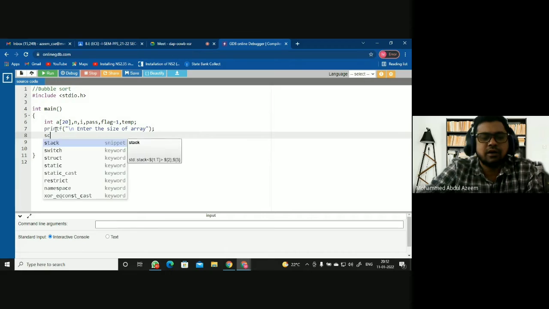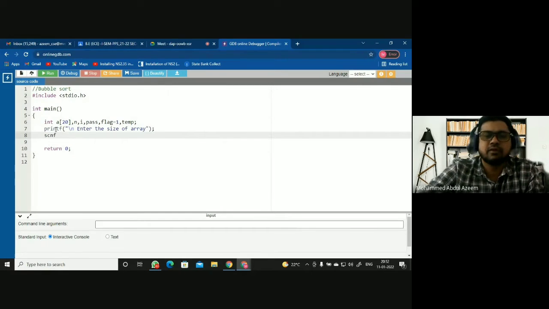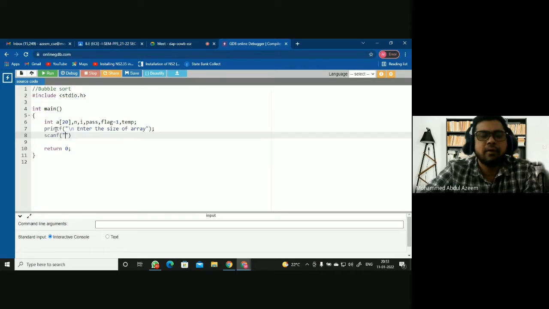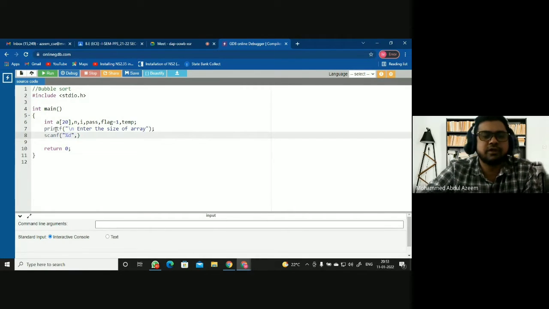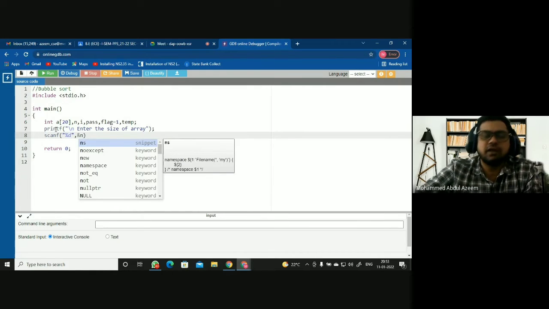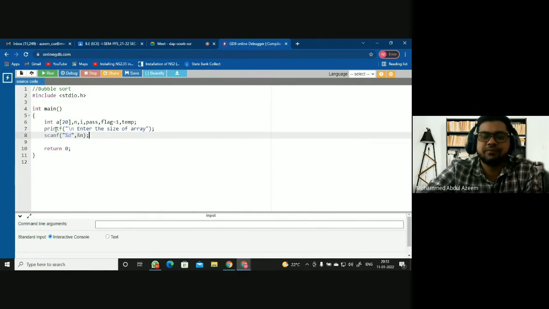We are reading here %d, comma, ampersand n, right? In n you are reading the size of the array.